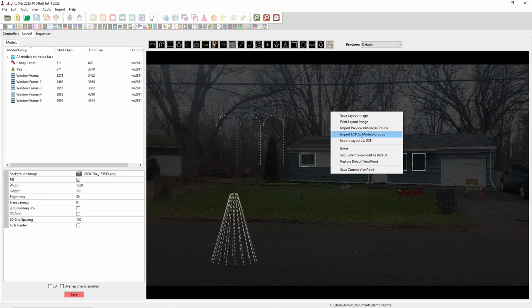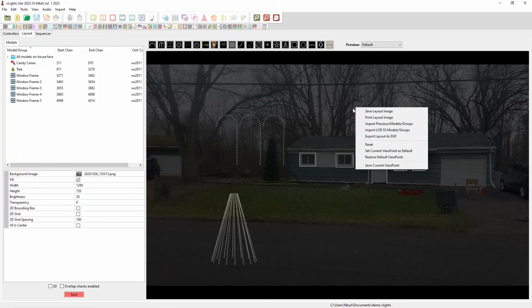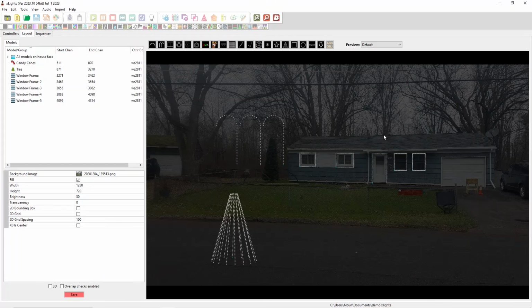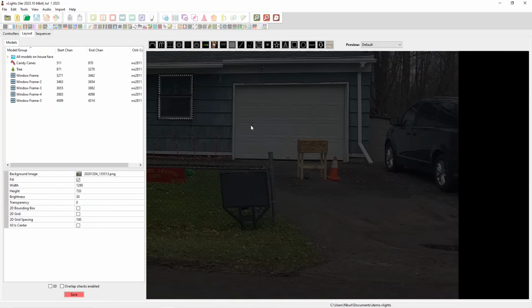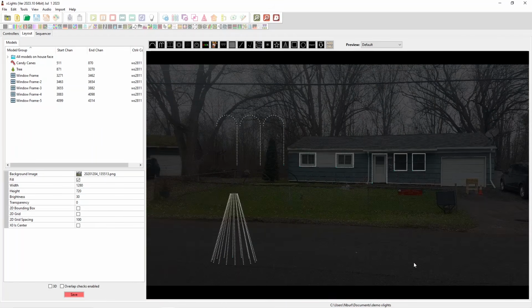LOR stands for Lightorama, and that is usually used for AC lights. So if you wanted to import any AC models, you could. You can export the layout as a file. You can right click and hit reset, which resets your view. So if I zoom in and move to right here, it will reset to whatever the main viewpoint